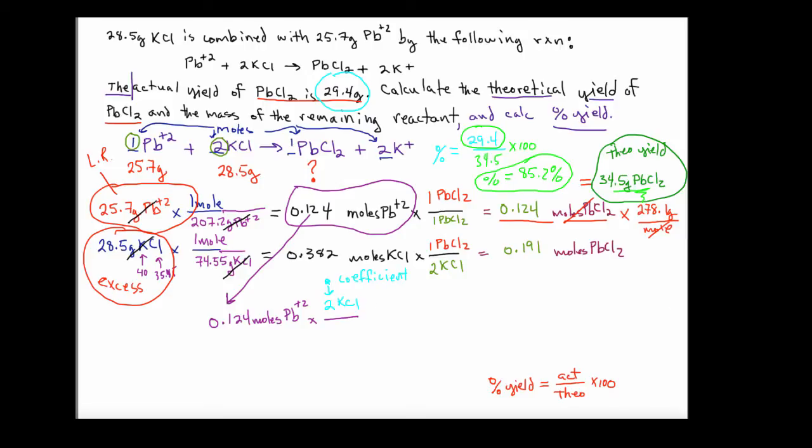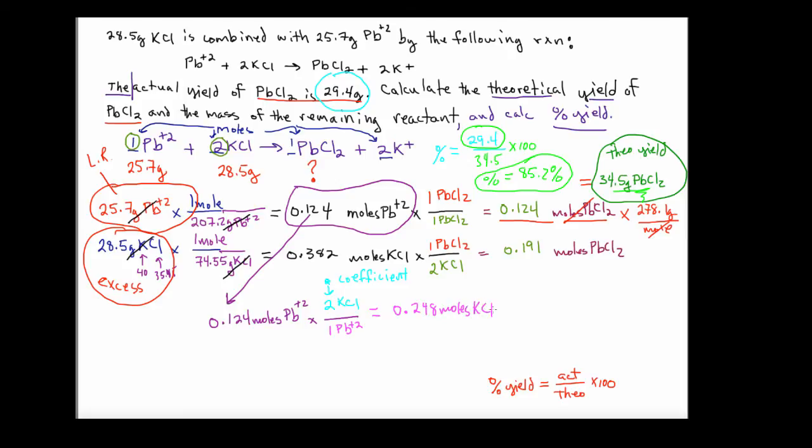And in the denominator, we're going to need the coefficient for the lead ion, which is 1, like this. So the moles of KCl that were used up in the reaction are going to be 2 times the 0.124, so it's going to be 0.248 moles